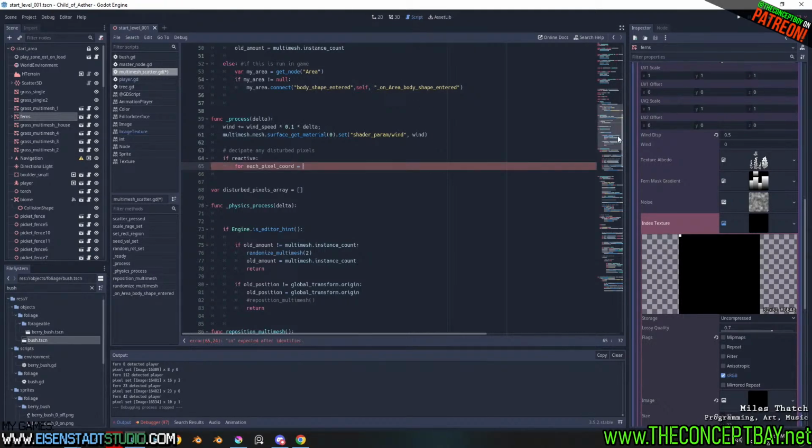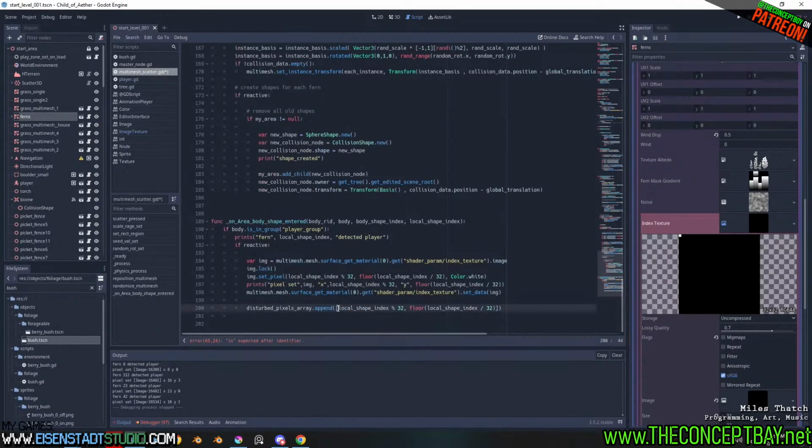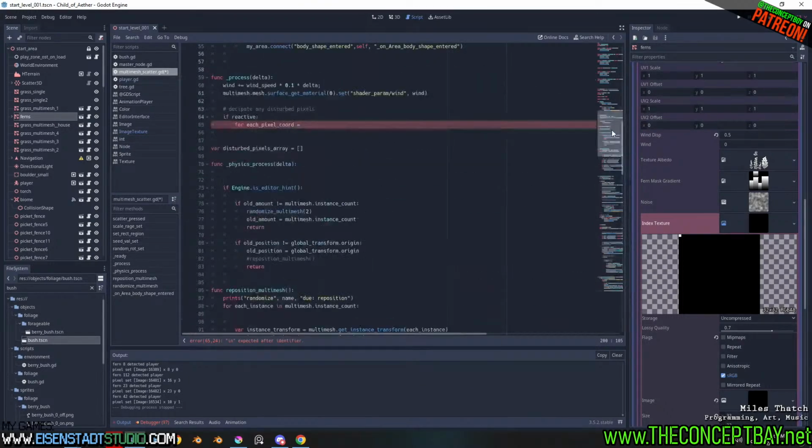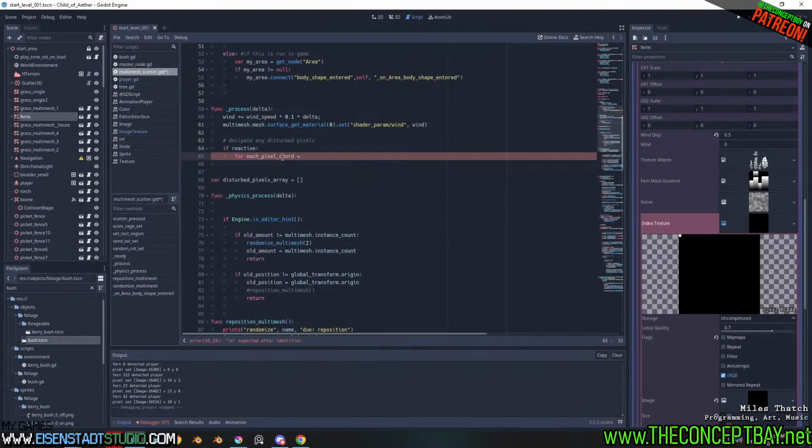Wait a minute, why is it an array of arrays? Why can't we just do a Vector2? I think that's less asinine. Okay, so for each pixel coordinate in this,